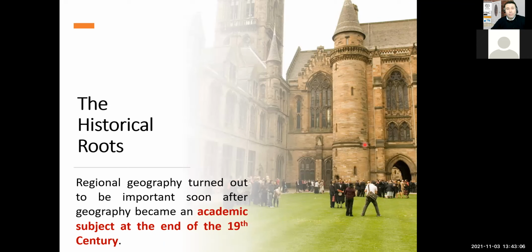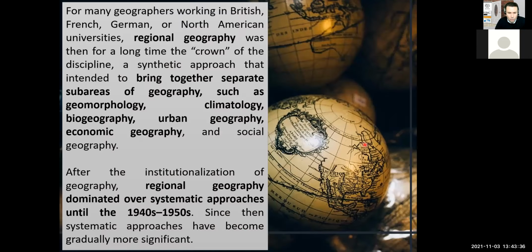And regional geography left this more picturesque, more romanticized approach from Von Humboldt, Karl Ritter, and many others, to become a more academic subject approach through a less normative standpoint, with more objectivism as well. But still we have different schools of thought within regional geography across Europe. Yet those doing regional geography these days in France, in Germany, in the UK, and in many other parts of the world,